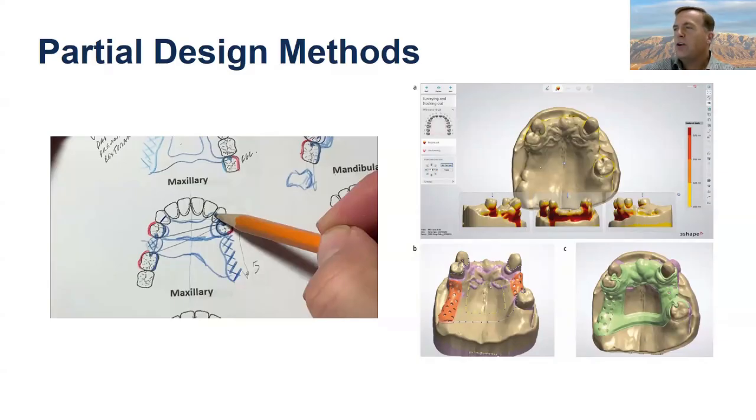The one thing I would say about the analog process is that most of the current digital processes are designed to emulate the way that we did things analog. So as I'm talking about this, I'm going to use analog terminology, and then I'll talk about how it actually works digitally. So on the left, you see partial design by hand back in the day,